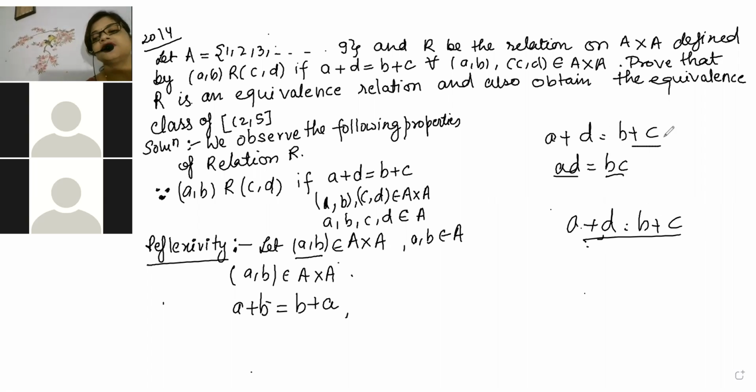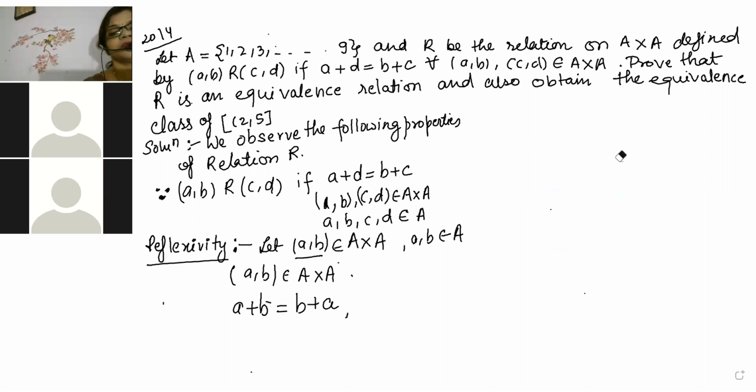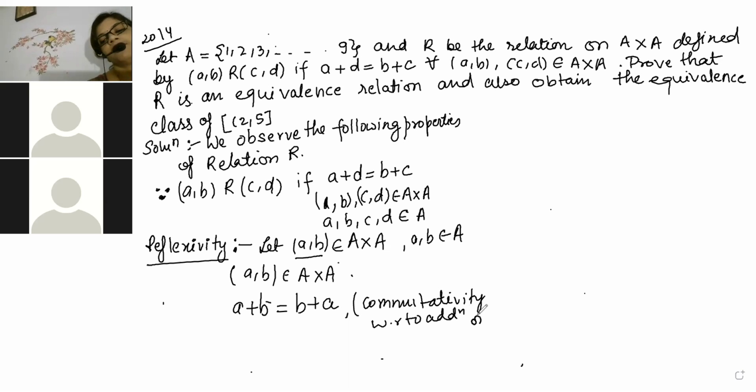So here A plus D is equal to B plus C. We are going to use this for reflexivity. Now, how are we going to use this for reflexivity? Now, beta, A plus B. What I said is that A plus B can be written as B plus A. Why, beta? Because by the property of commutativity with respect to addition. Now if you want to expand it more, then you add on A. That means you are specifically dealing with only A.